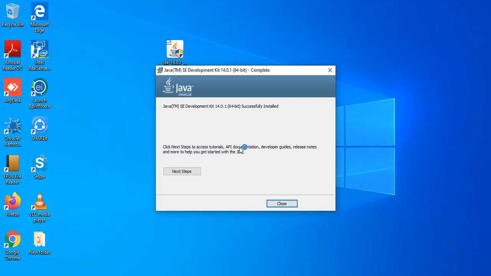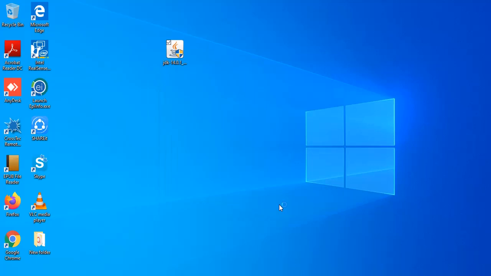So here we go. Java SE Development Kit 14.0.1 successfully installed. So it says that installation completed. Now we need to click on close and we are done with the installation. So let's have a look at the location where Java is installed and see how the folder structure looks like. So let's go to the file explorer,